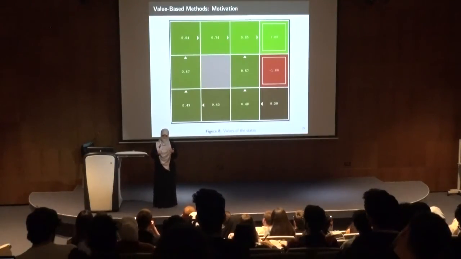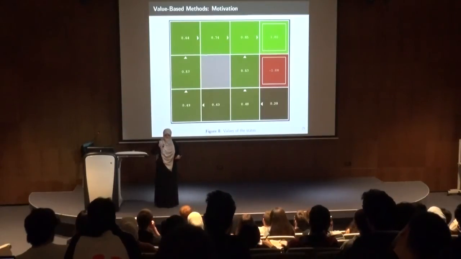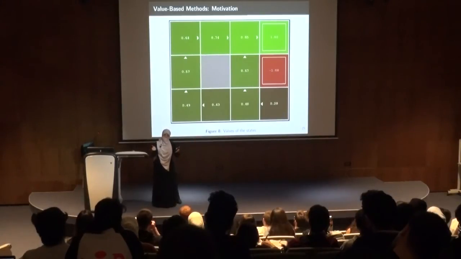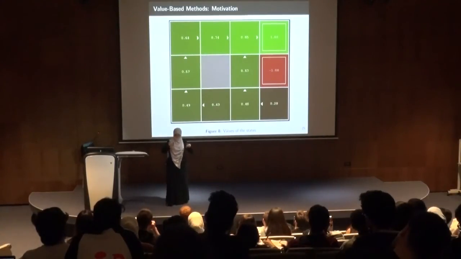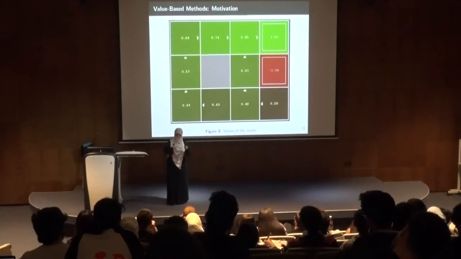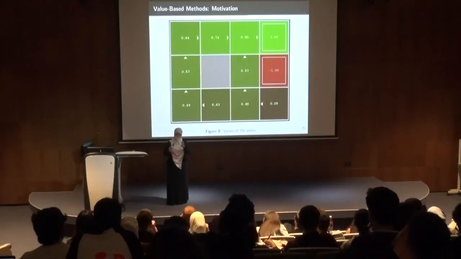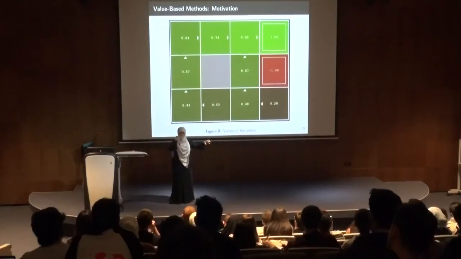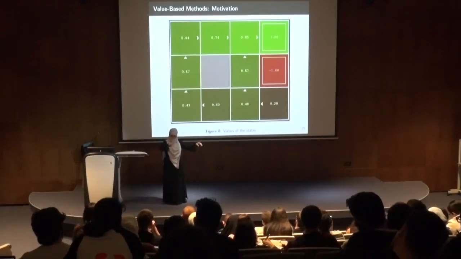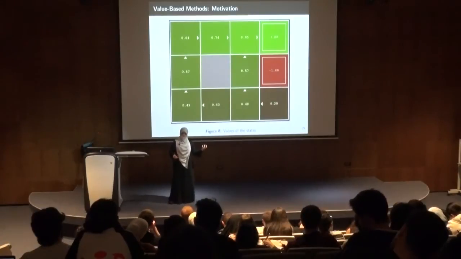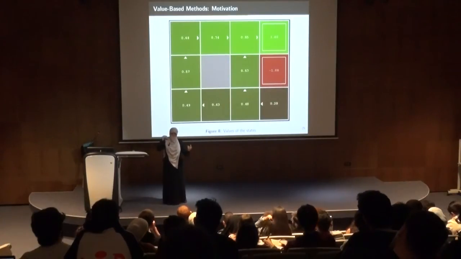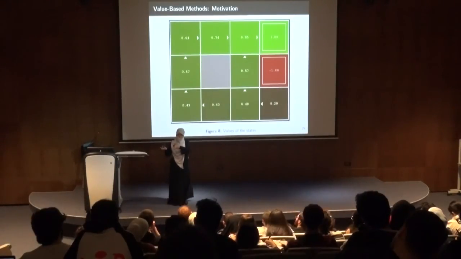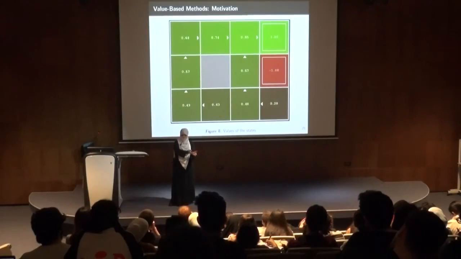Okay, so the environment is stochastic, meaning that if I'm in a certain state and I executed a certain action, there is no guarantee that I will end up in a certain state. Deterministic environment means that if I execute a certain action, I will be 100% sure I will end up in a certain state. This is the environment. The policy, deterministic policy, at each state I would give you just one action: execute this action. Stochastic policy gives you a list of actions with their probabilities. Usually, when I have a stochastic environment, I will have a stochastic policy. Usually.